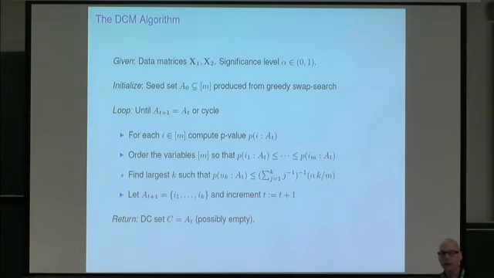But is the set always decreasing? No. The sets A sub t can get bigger, they can get smaller, they can move around the space. There's no monotonicity, which is as it should be. But yes? I do not see why you need to order the variables. Have you tried to do it without ordering them?